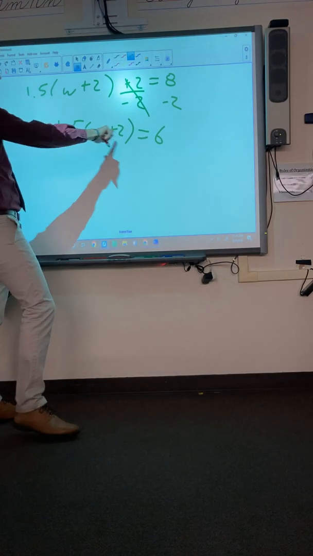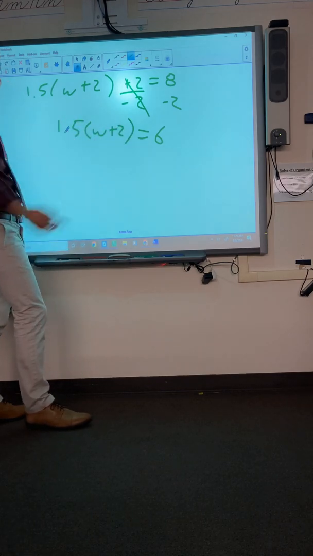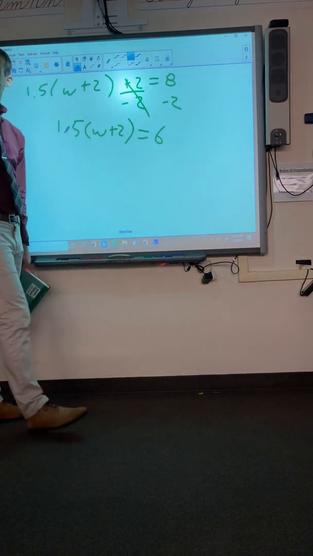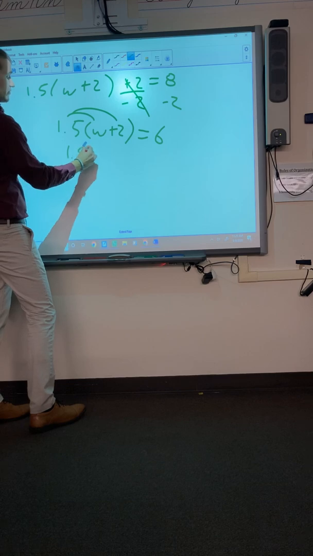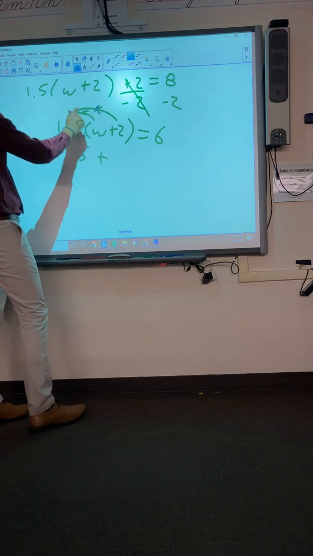Okay, so I'm thinking again, what is the easiest way to do this? I can either distribute, I know what I'm going to get if I distribute, that's easier for me to think about, or I can divide 6 divided by 1.5, I don't know what that is, so I'm not going to deal with that. I distribute 1.5 W plus,